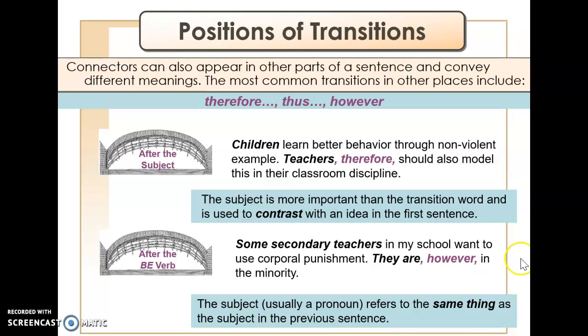transitions. And in the sentence, by using the transition in this way, you're giving actually more emphasis or more focus to the subject here and helping the readers make the connection between the subject in this sentence and also the subject in this sentence, which happens to be the same. So,